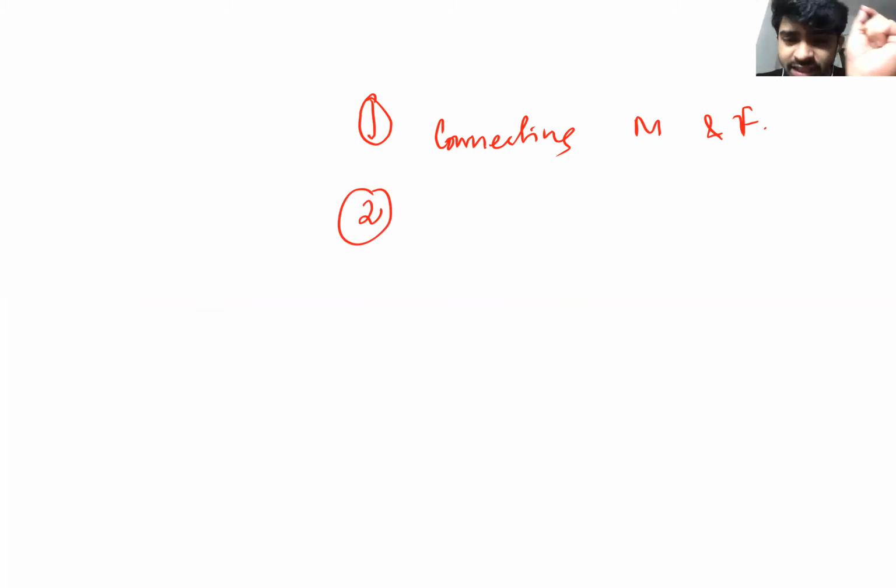So the placenta, the first thing you have to know, is that it is something which is connecting mother and the fetus. That is point number 1 about the placenta. Number 2, when a placenta is completely developed, it takes almost 3 months or 12 weeks. These are all MCQs.